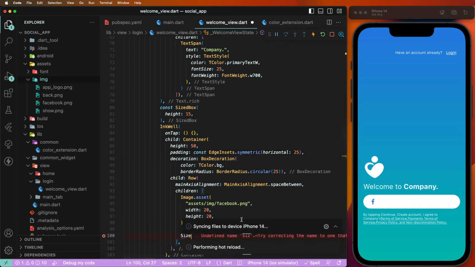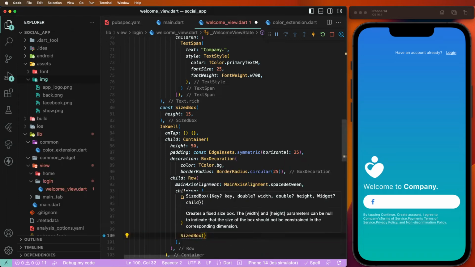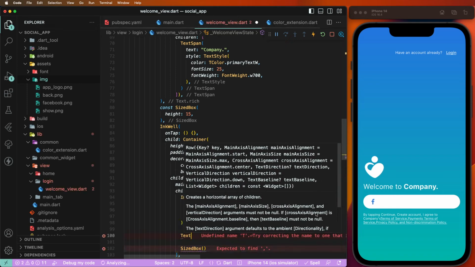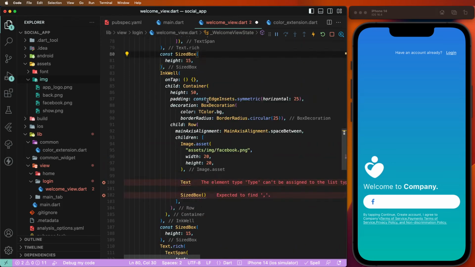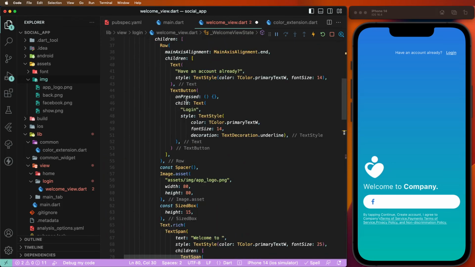Size, need to copy it, copy this login text,